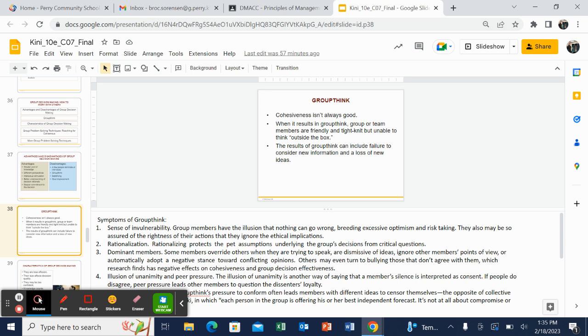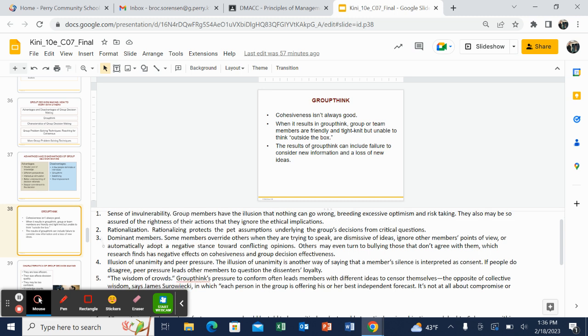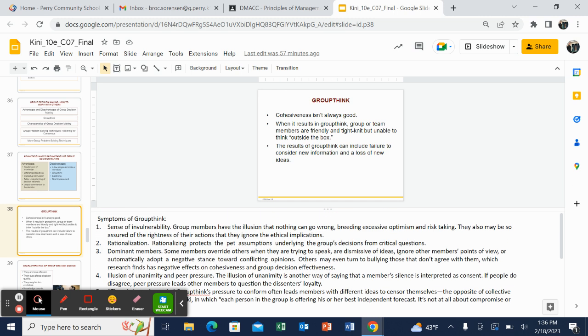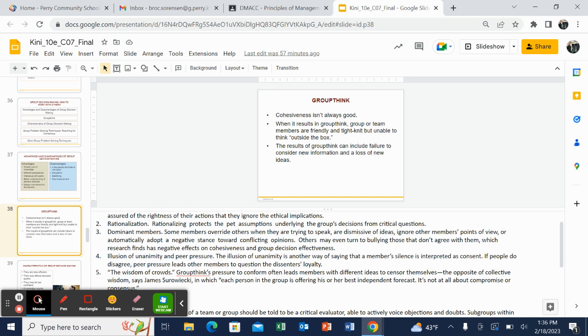Then we have groupthink. So cohesiveness isn't always good. This results when a group of team members are friendly and tightly knit, but unable to really think outside the box. This results in groupthink, and it can conclude in failure to consider new information and loss of new ideas. So some of the symptoms of groupthink: a sense of invulnerability,